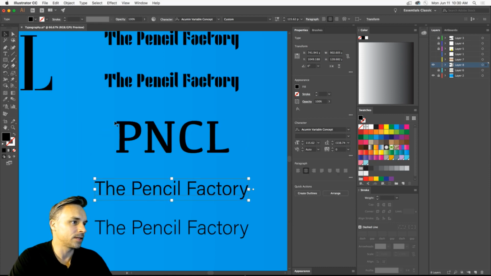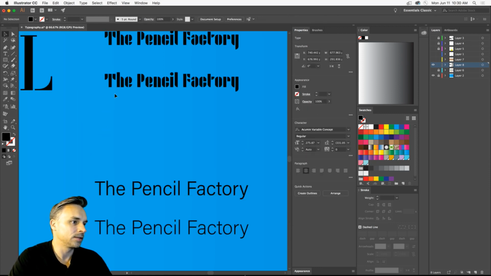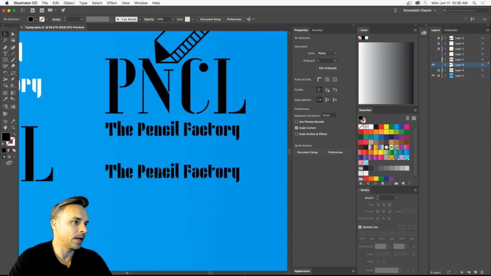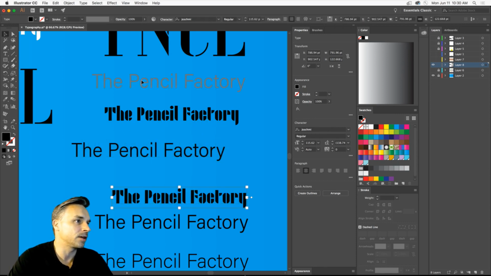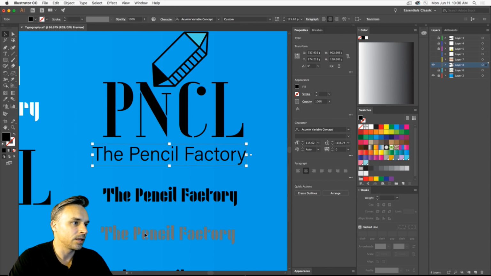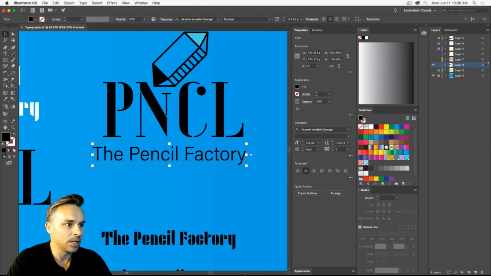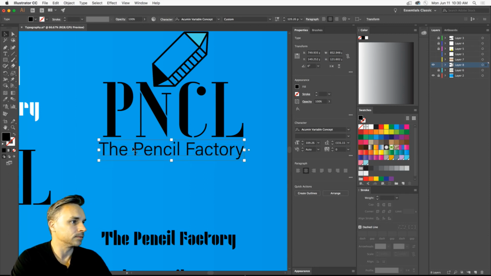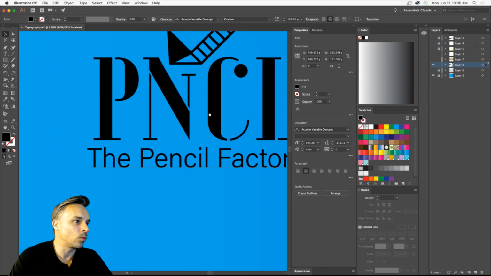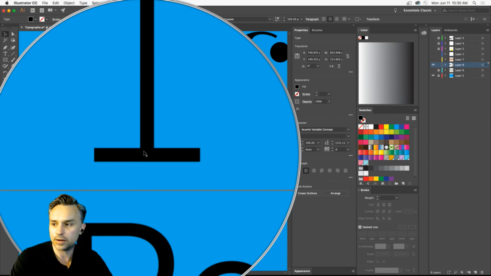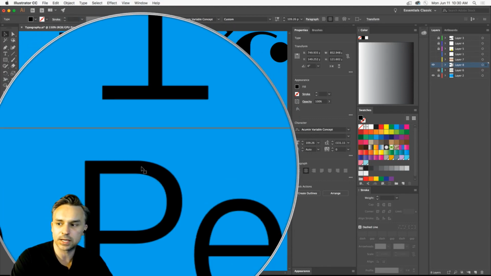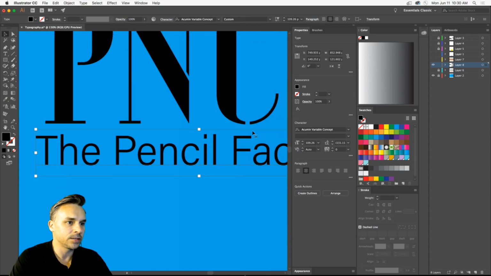And what I'm pairing it with is not this one. I'm going to pair a serif with a sans serif font. So I think I might try something like that. The whole goal is to make these two legible and work together. Okay, I'm going to shrink down the size. And in this case, I want them still to work together nice and neat. So what I would do is make sure the thickness of this base is the same thickness as the font itself, just below it. So that's what I do, and that's what I could do with this variable concept font.